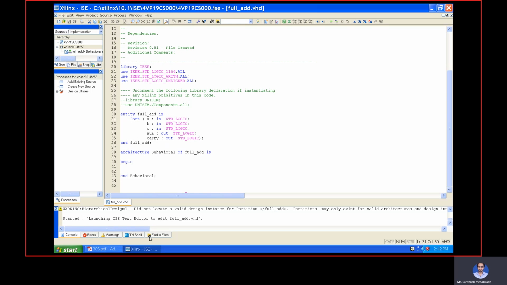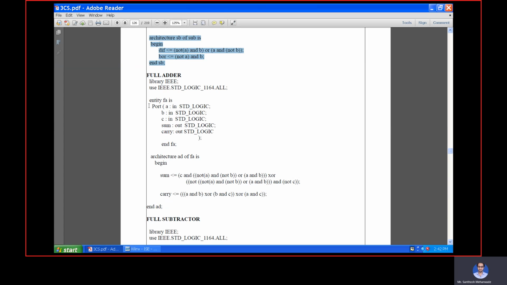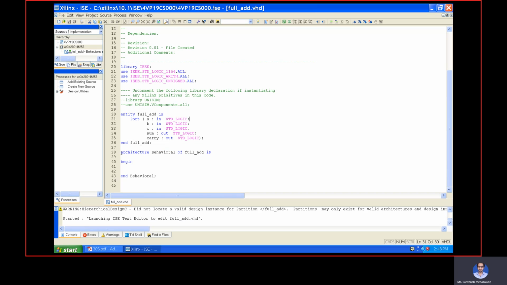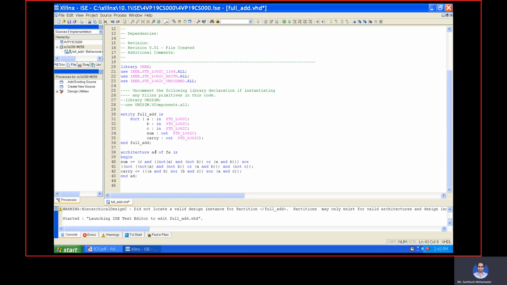Next one, architecture. In this architecture part, I am going to change only this part, since the rest is the same. You can see that here it is not AD.